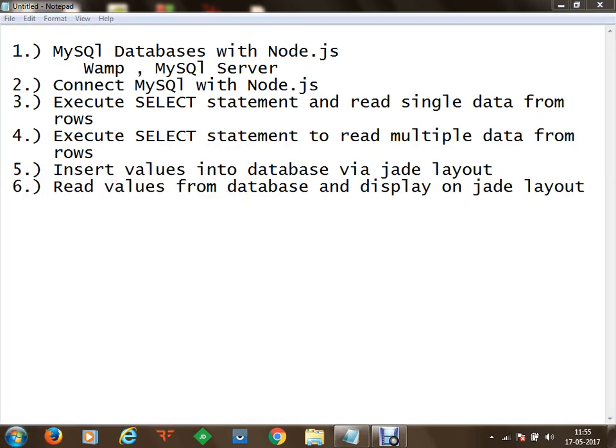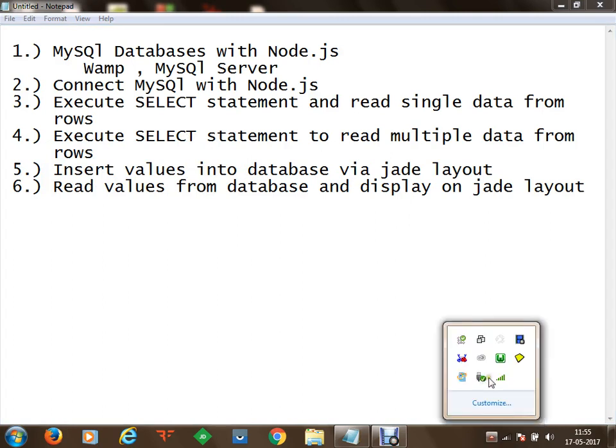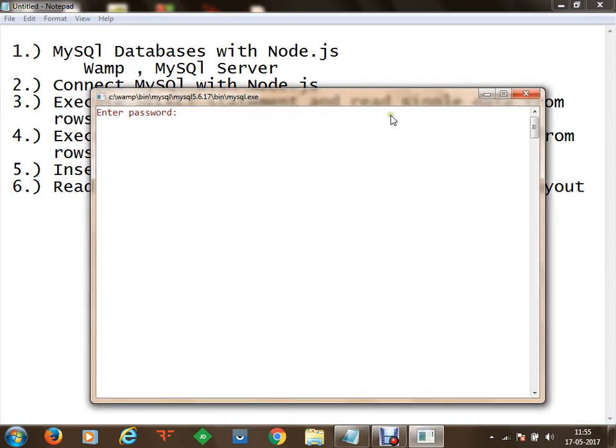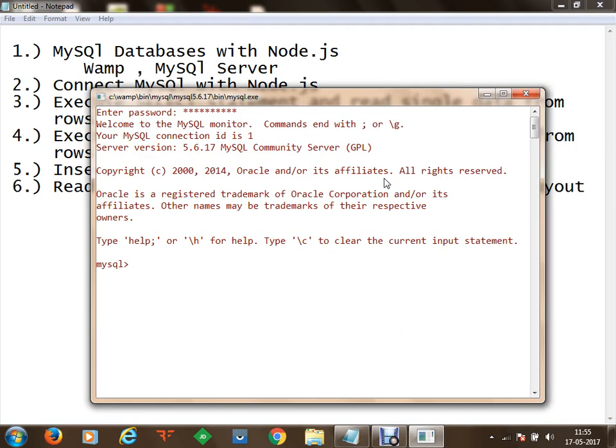Once we start this WAMP server, on the right hand side we get a green icon, and this displays that the server is running fine. Within this server, as soon as we click on it, we can proceed to the MySQL section, and from the MySQL section we can proceed to the MySQL console. As soon as I open this console, I have to provide my password, and the password for my MySQL database at the moment is ABCDE12345. As soon as we open it, we land in our MySQL instance.